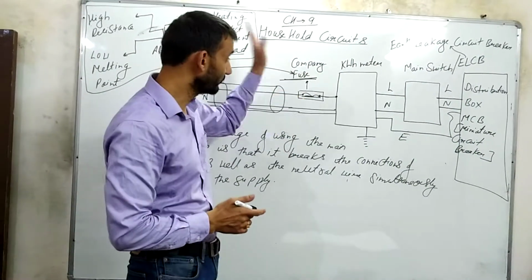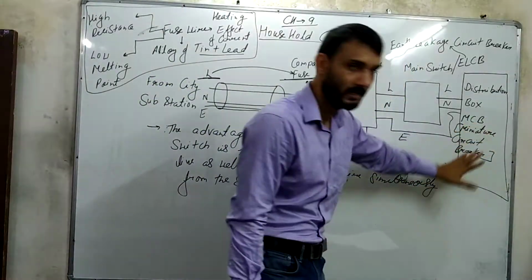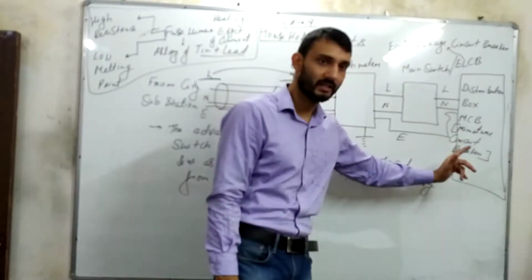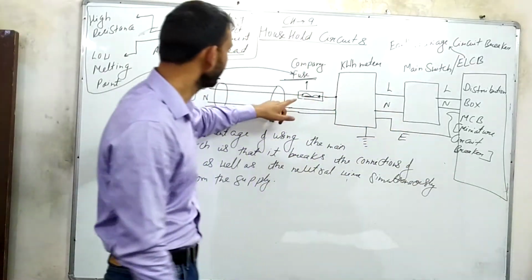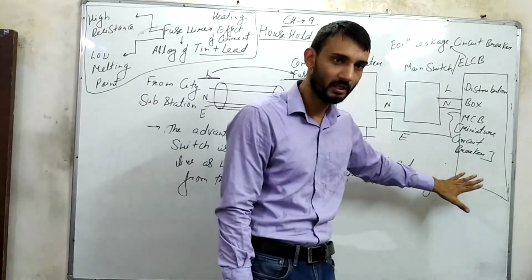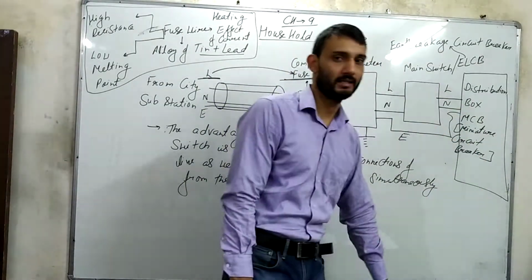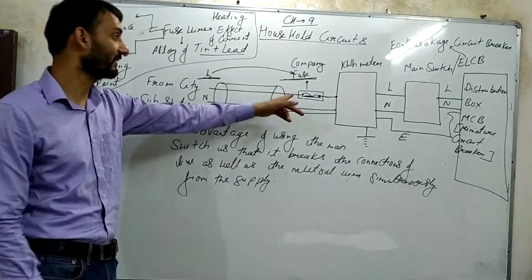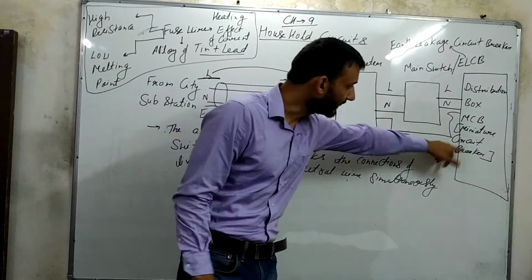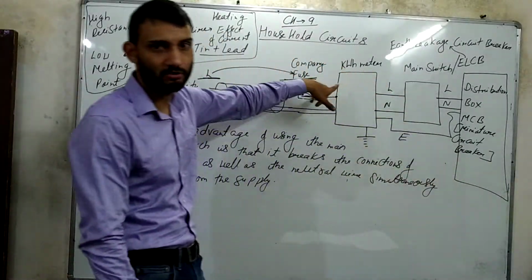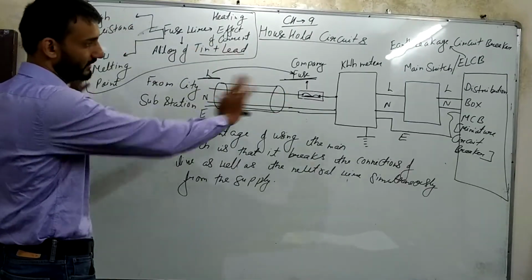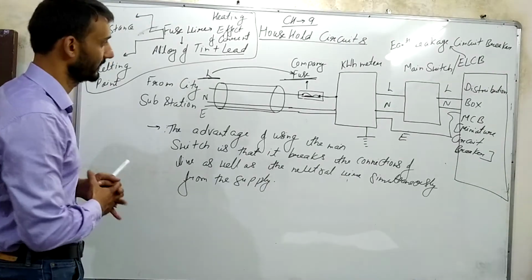We used to have these fuses in earlier times. Nowadays, with the advancement of technology, we have the miniature circuit breaker. They are very quick, very responsive. Here, if this fuse wire melts, we need to change the wire again. But here, if the MCB trips down, you can easily go and trip it up again. So two differences: the MCB is very quick and convenient, while the fuse is slow and inconvenient. Otherwise both have the same function, they both are safety devices.